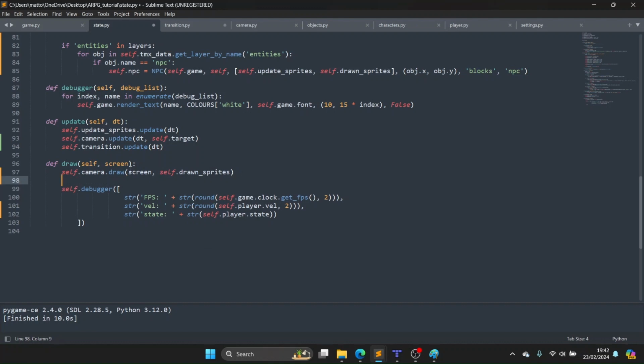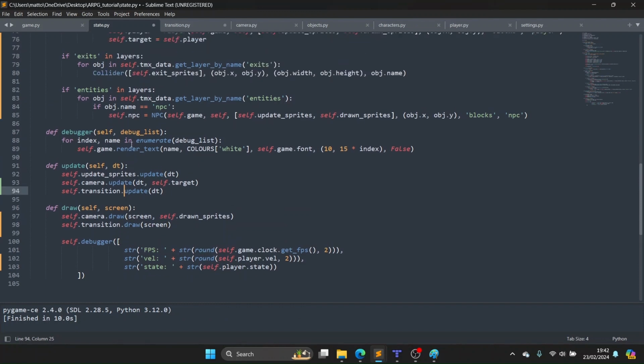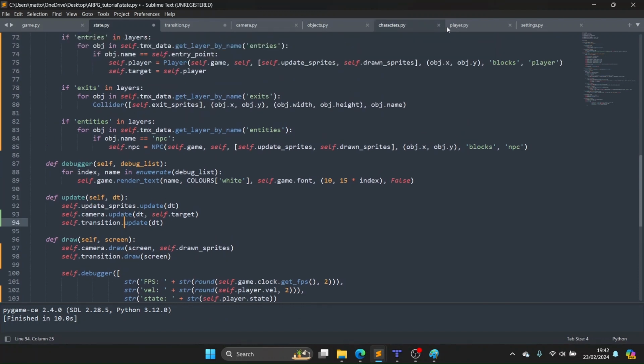Then we're going to draw it on top of everything in our camera. Remember, this will draw in order on top of each other. Debugger doesn't matter for now. That can be on top, so that's not going to be in the complete game, is it? So draw screen. So now if we go to our player